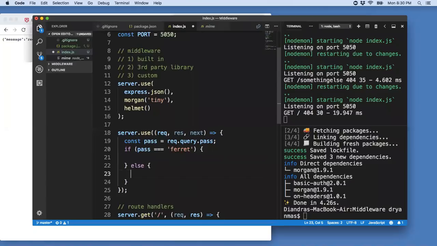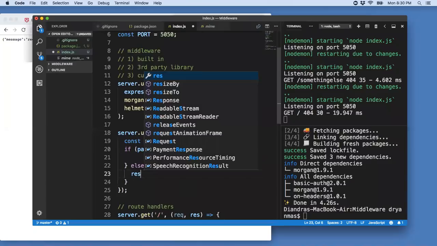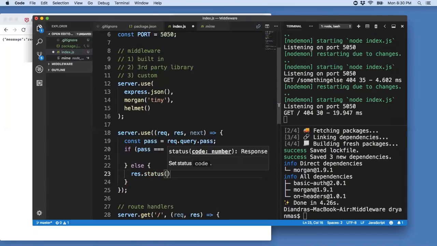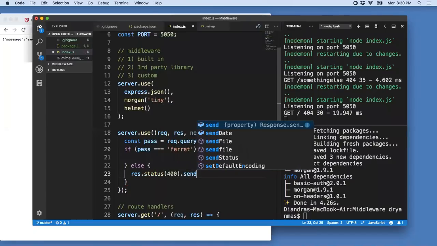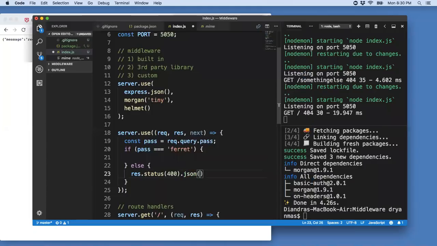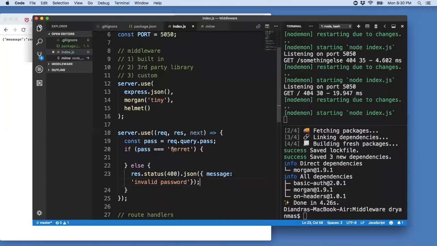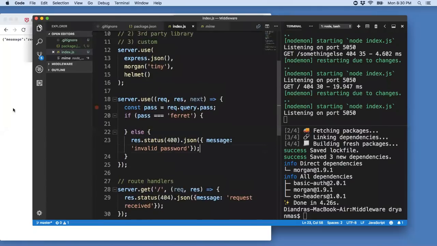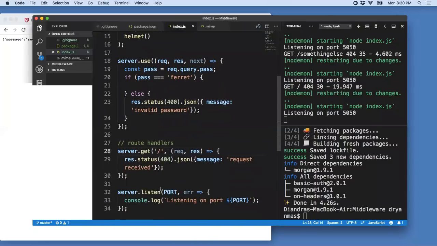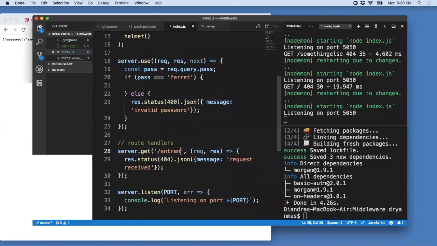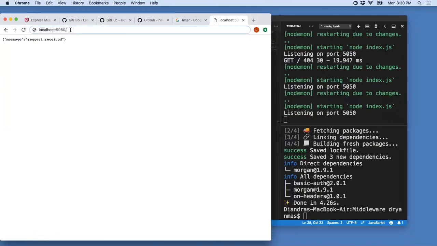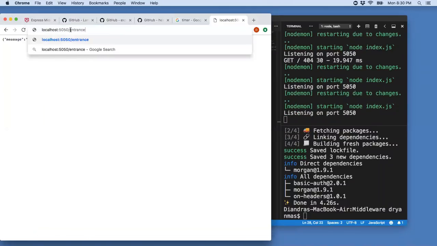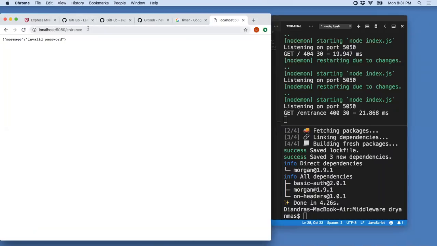So we will probably want to send a response over here, something like res.status... let's do JSON. Cool, so let's try that out. Let's make our endpoint a little more interesting here. So if I try to do entrance, let's say I just even leave off the query string, I get invalid password. If I add a query string,